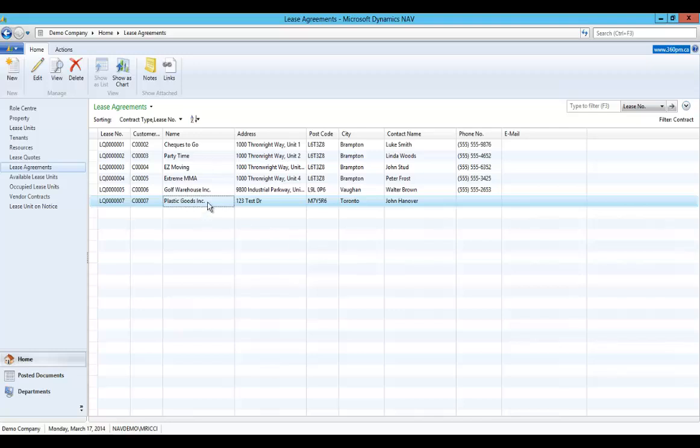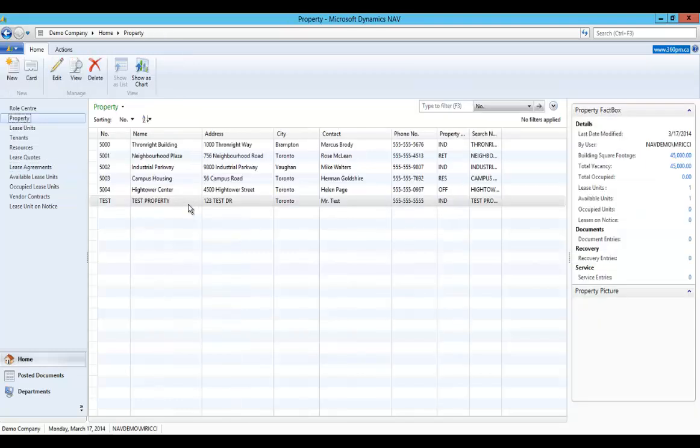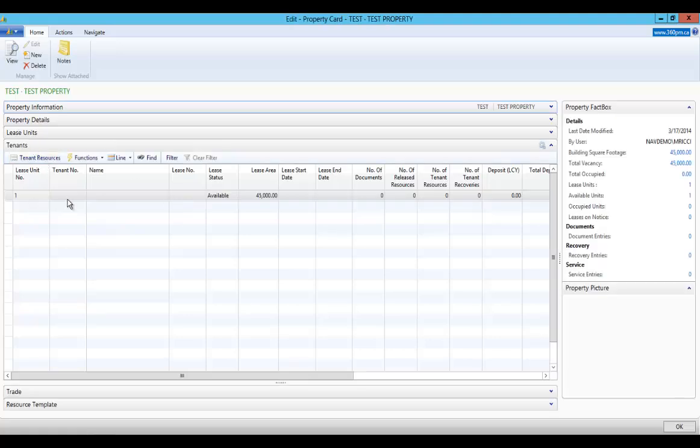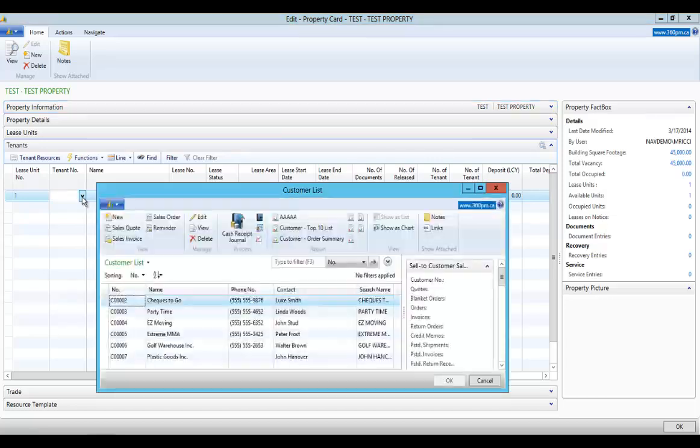Now let's go and assign this lease to an actual unit of the building. To assign the tenant to the building, we'd have to call up our property list and open up the property card for the test property. Under the Tenants tab, you can see that there is no tenant listed. So we will call up our Plastic Good tenant